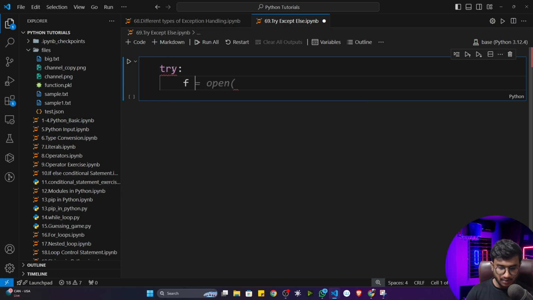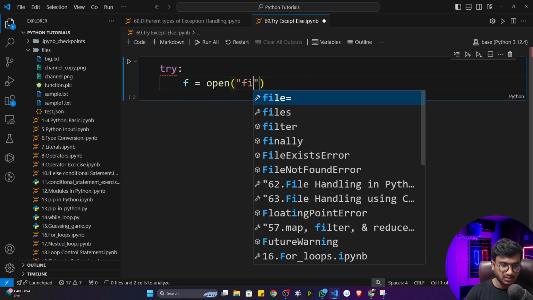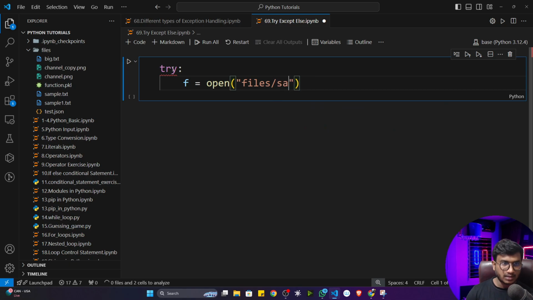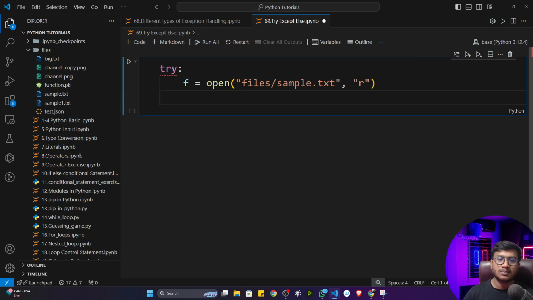Let's say I'll just give f is equal to open, mention the file name. It is present inside my files folder. Let's say I want to open something called sample.txt, in, let's say, read mode. Okay, I want to open this particular file, and if something goes wrong in this particular statement, let's